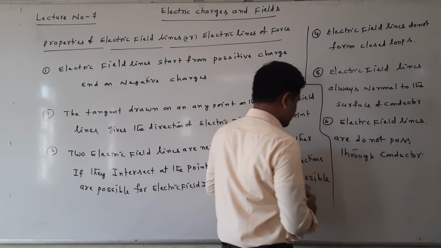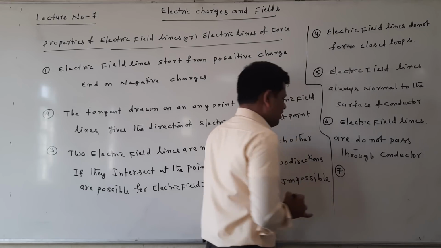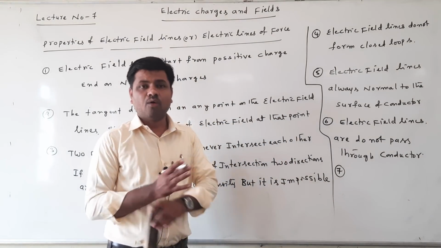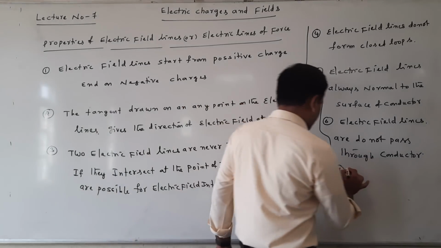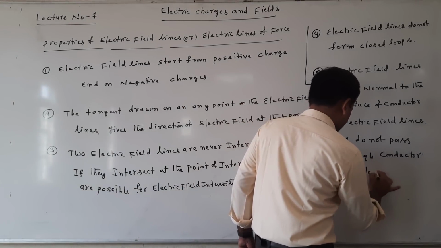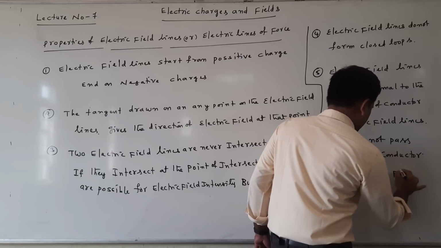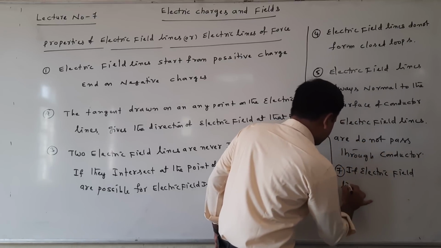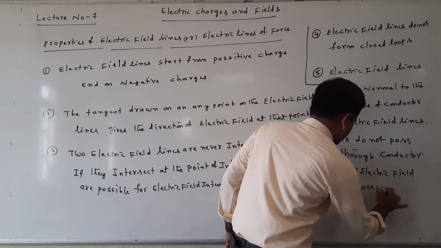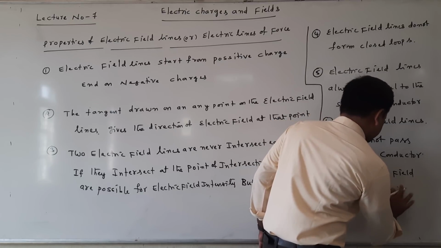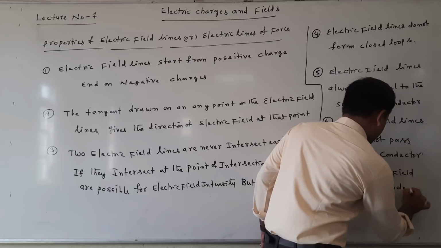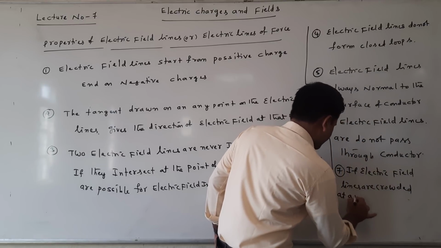The next property is this: if electric field lines are crowded at a point,